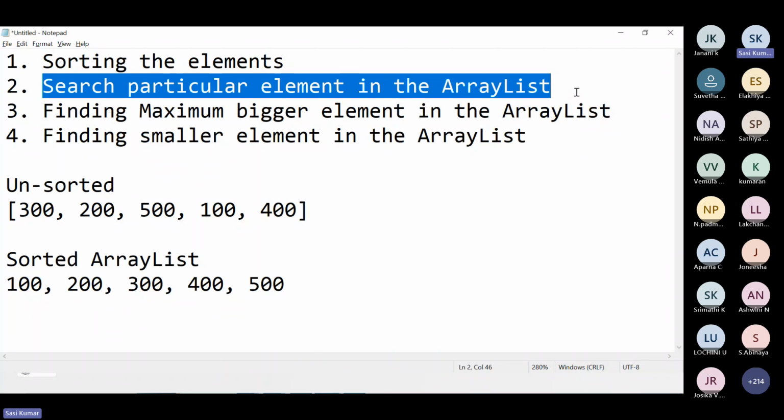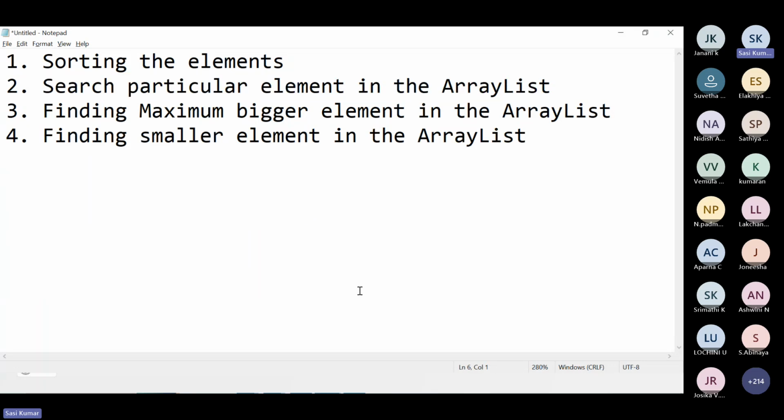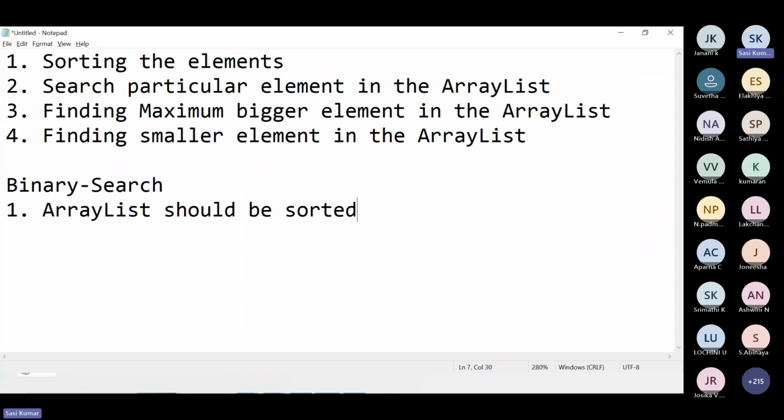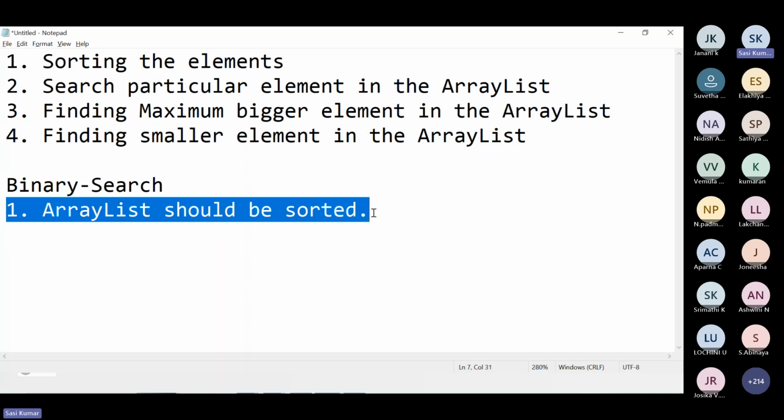It's a binary search, right? The only condition for searching, as in data structures and algorithms if you have gone through that subject, is that the array list should be sorted. This is the first condition. Only in a sorted array list can you perform binary search, correct? This is the number one condition needed. You can perform binary search, but the array list should be sorted.